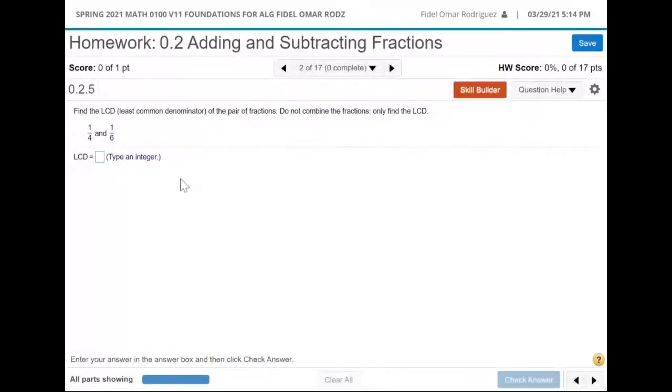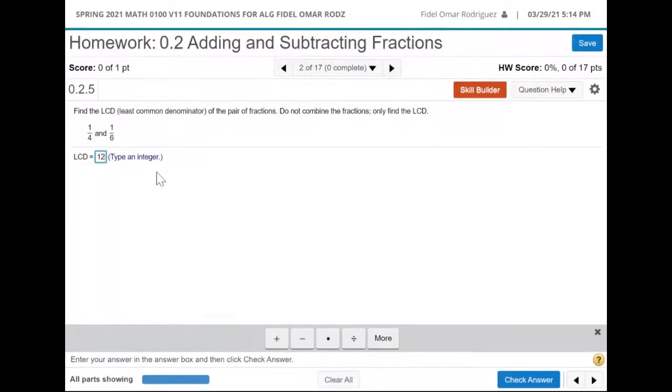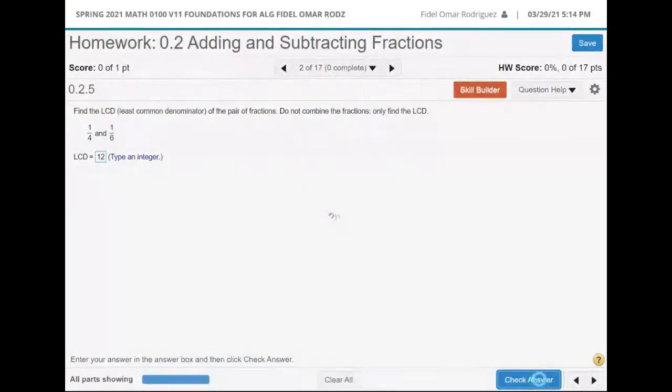So I'm going to stop sharing this screen here, and I'm going to come back to the particular problem that I had. Here we go. I believe this is it. And yes, you guys can see this. So right here, I'm going to type in the number 12 because that was my answer. And this is what I mean by my lab running a little slow. It's going to check my answer, but it's going really slow right now. So you gotta just bear with me for a minute. I'm surprised it's been down this long.